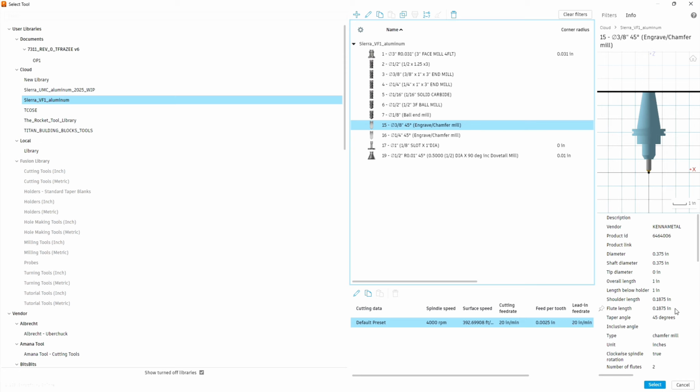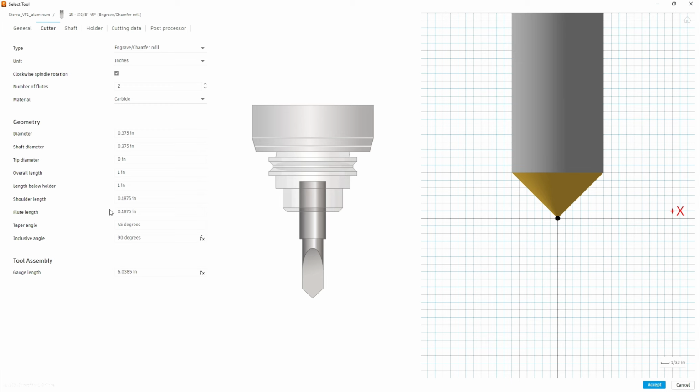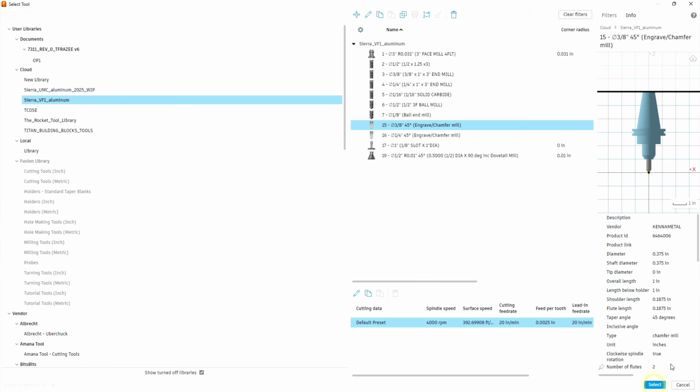Now there was an error in one version of the tool library where this number here, flute length, was too low. It needs to match the shoulder length for this particular cutter. If in this window it says a smaller number there, here's how you fix it. We're going to go Edit Tool, and you go to the cutter data, and for this cutter these two numbers should match. Then you hit Accept. The error was that the number in this lower box was incorrect. Let's hit Accept, and we're going to select that tool,